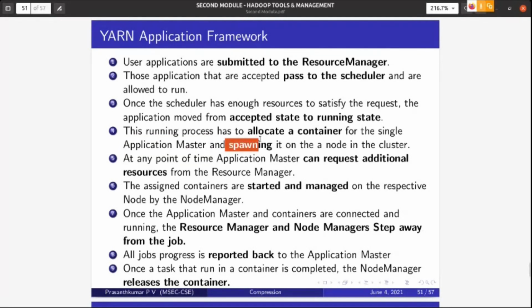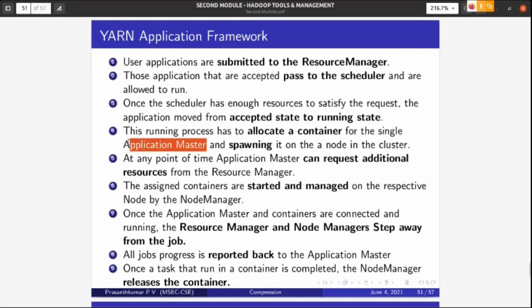Spawning is nothing but growing the process. You can slowly start running or processing the application. You can start requesting resources, because the application master is ready.